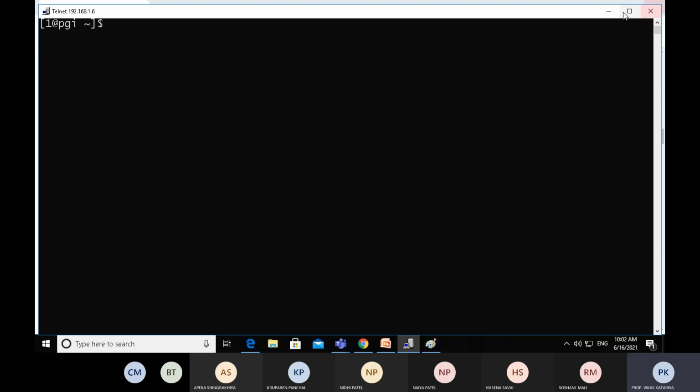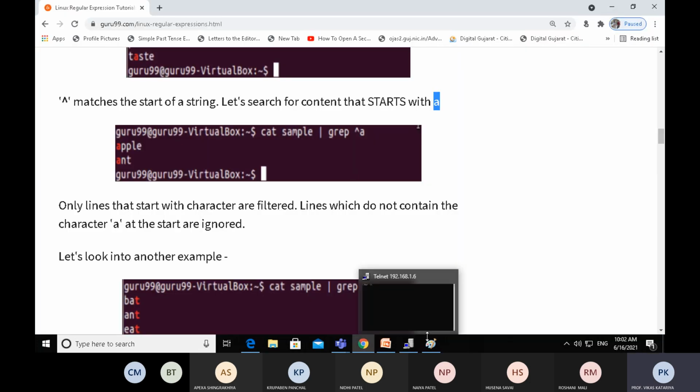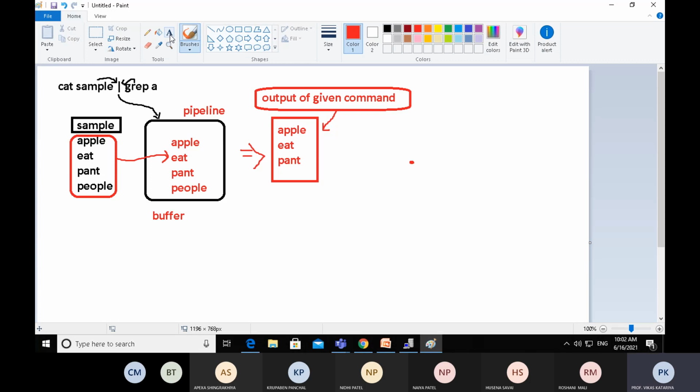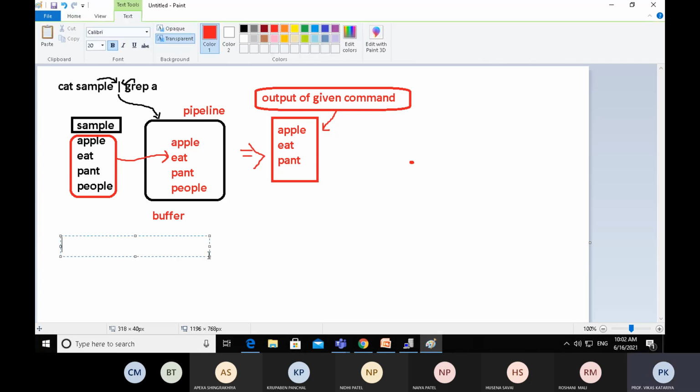Again, we have a sample file. Here we write the query cat sample pipeline.